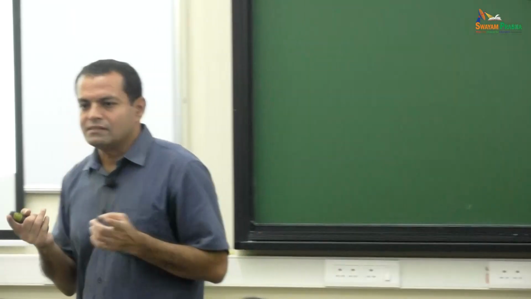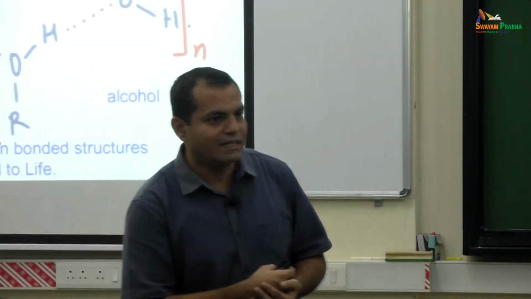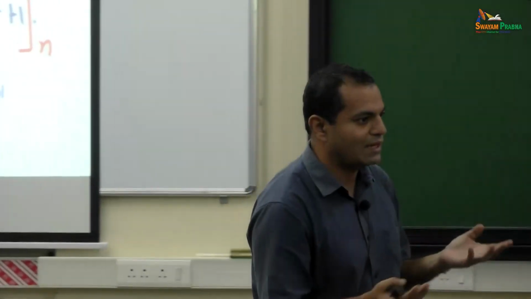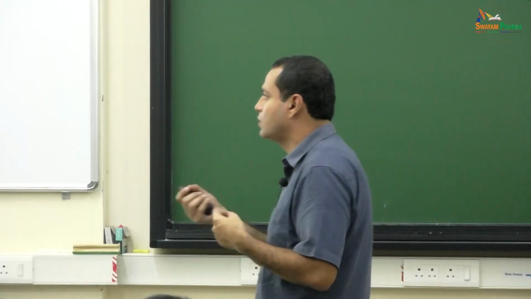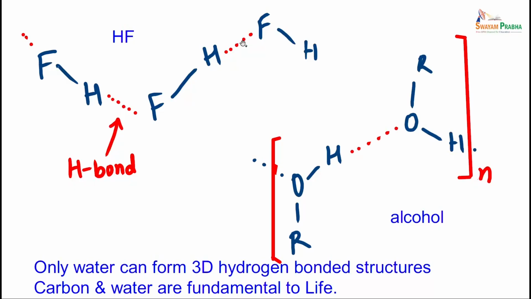Water is not the only system which has hydrogen bonds. All of you have studied chemistry, and there are so many systems wherever there is such a distinction in electronegativity, like hydrogen and fluorine. You can have HF, a very dangerous but interesting system. FH is the usual bond between them, but then this is the hydrogen bond. It forms a linear structure as depicted here. This is an alcohol, HOR, like ethanol or something, and that also forms a linear structure.